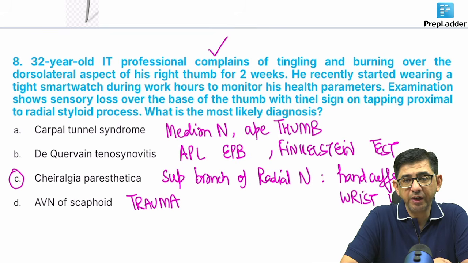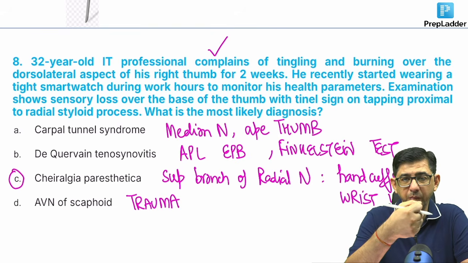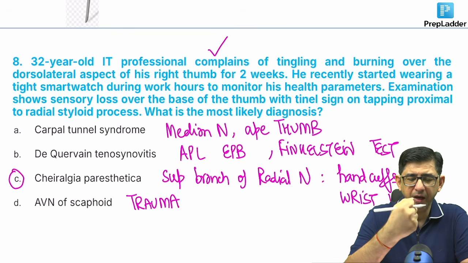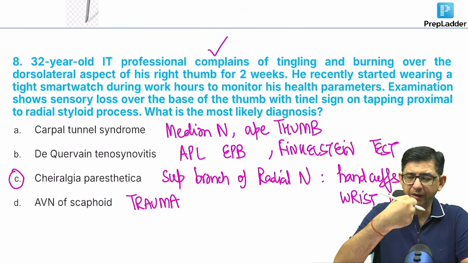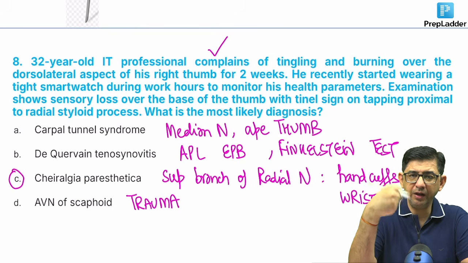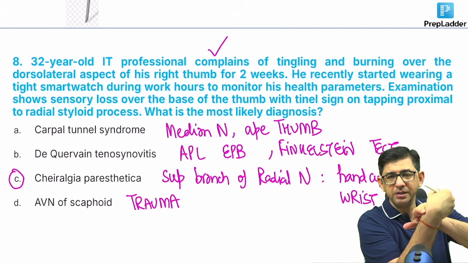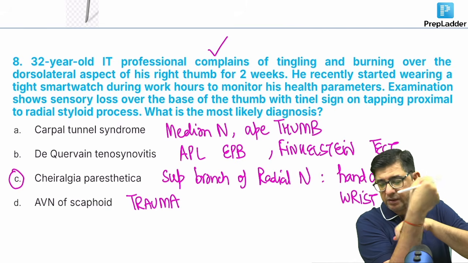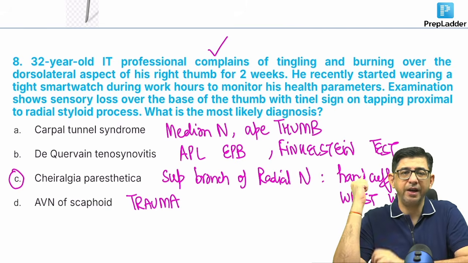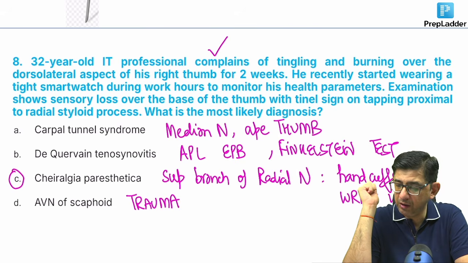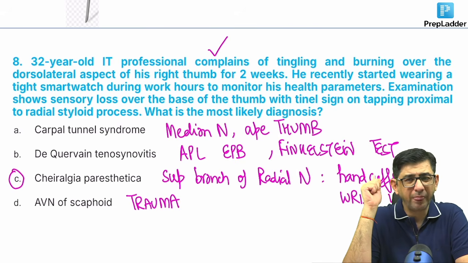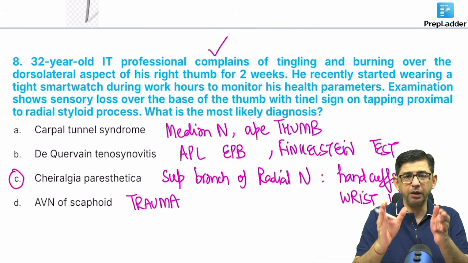De Quervain tenosynovitis will describe Finkelstein test. You ask the patient to make a fist, and then you ask the patient himself to do a flexion, ask him to move it towards the ulnar side, ulnar deviation, and there would be pain on the radial side. That is abductor pollicis longus and extensor pollicis brevis having inflammation. We call it mother's thumb, because mother has to pick up the child again and again.